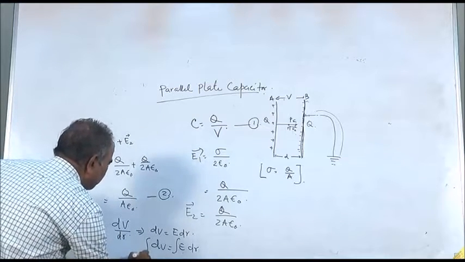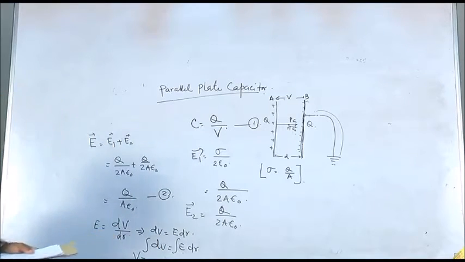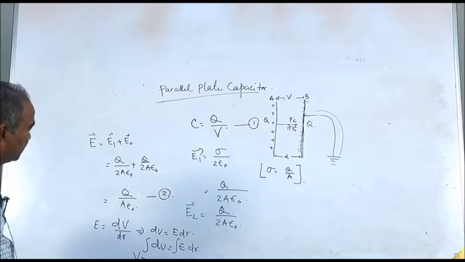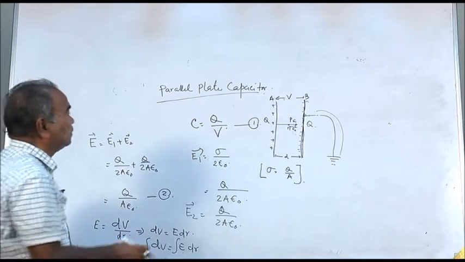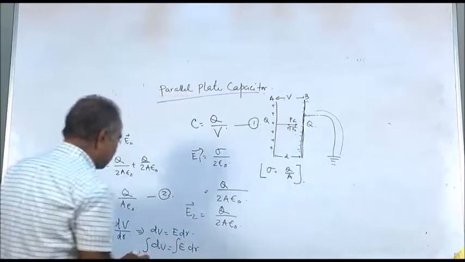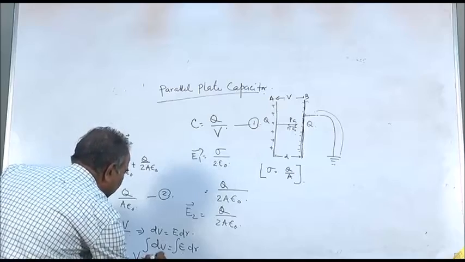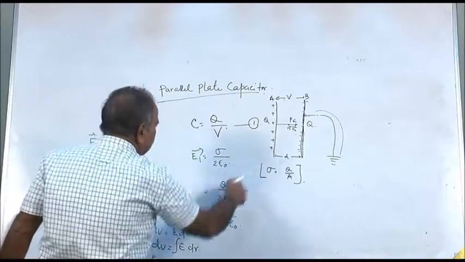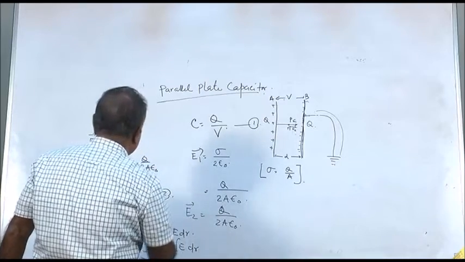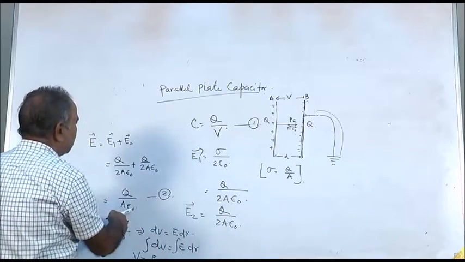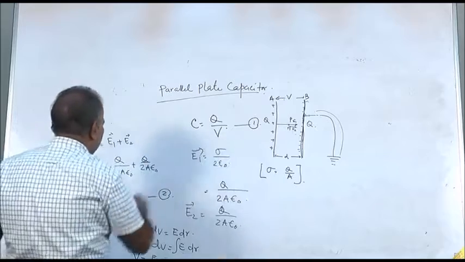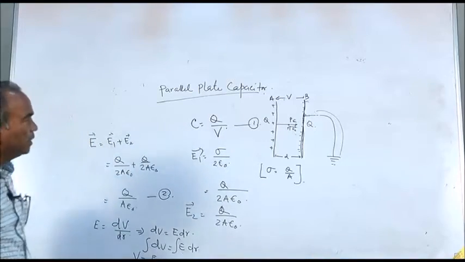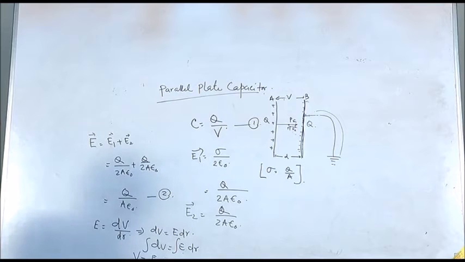That is equal to V, dx integration gives you x, dy integration gives you y, similarly dV integration gives you V. Total potential between the two plates of the capacitor, E is a constant, it is independent of distance. E is Q by A epsilon 0, where Q is the total charge and A is the area of cross section, so it is independent of distance where we are finding out the electric field intensity.